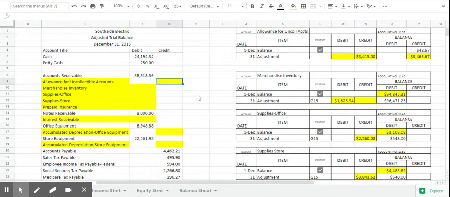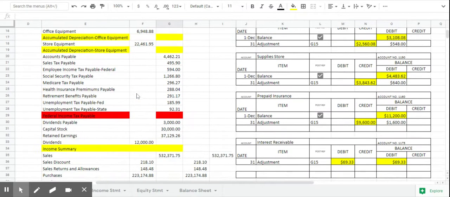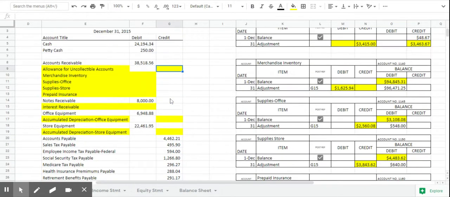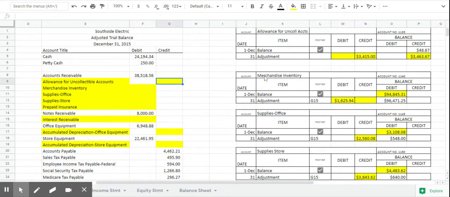So here is the last video for Southside Electric. What we're going to do is take the ledger amounts, balances, put them over here on the adjusted trial balance, figure out the tax, and then everything will balance up. So I'm in the ledger,